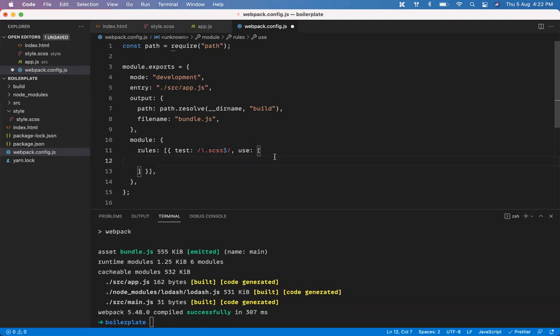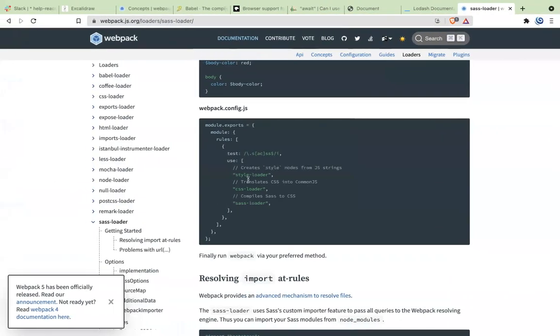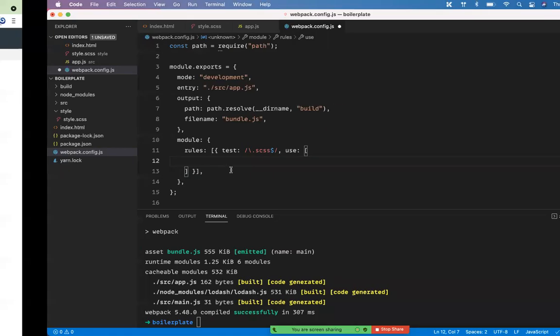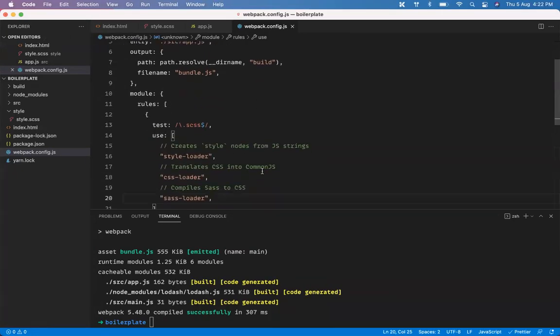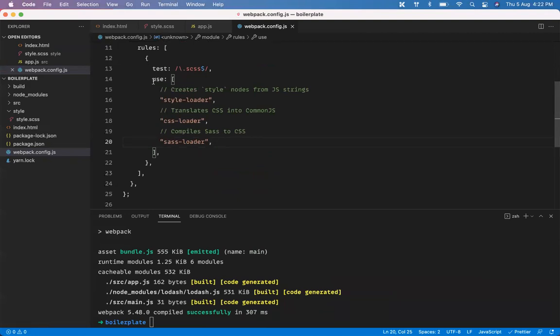What are the loaders that we will need? If you look at it, it is saying that you need to use 3 different loaders, and all these 3 different loaders have different use cases. I'll just explain it right away. Whenever you write anything inside use, it always starts from the back. So it always starts from Sass, CSS, and this.